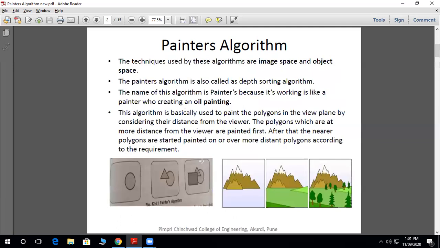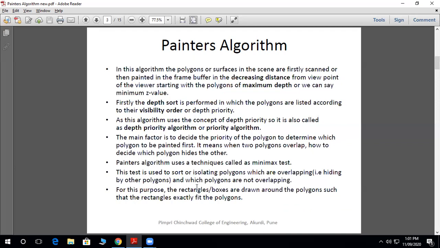In the previous figure also we have seen that some part of the triangle is hidden, some part of the circle is also hidden, and some part of the background is also hidden. So we have to decide it. We have to check the overlapping. Then how do we decide which polygon hides the other?